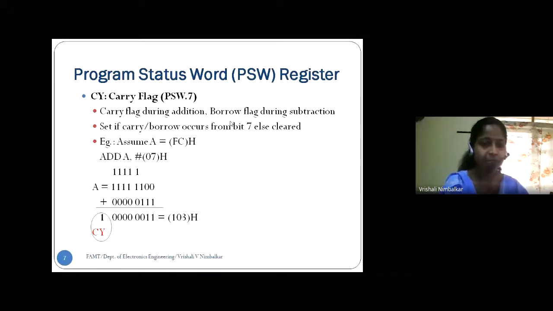Okay, so we will take an example. Assuming the data stored in the accumulator is FC hex, I'm writing an instruction ADD A comma hash 07 hex. Now this is a way of writing an instruction. In the earlier lecture, we had seen the symbol at the rate.